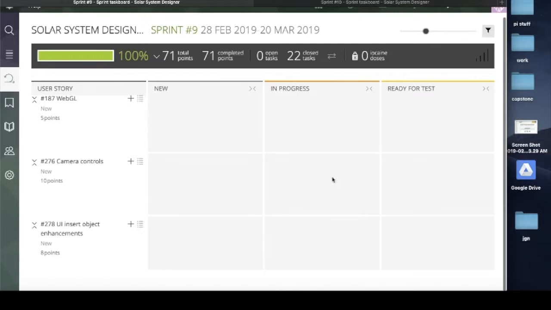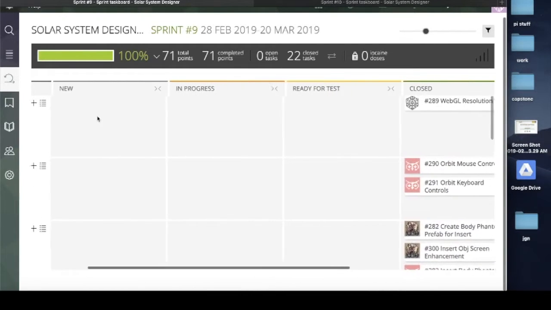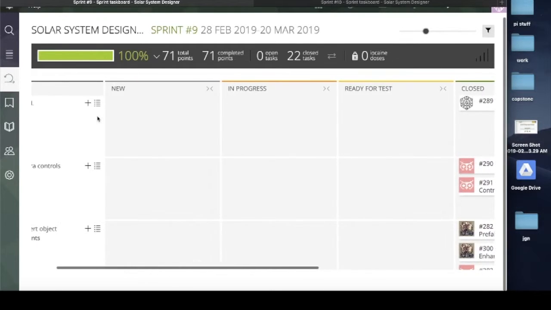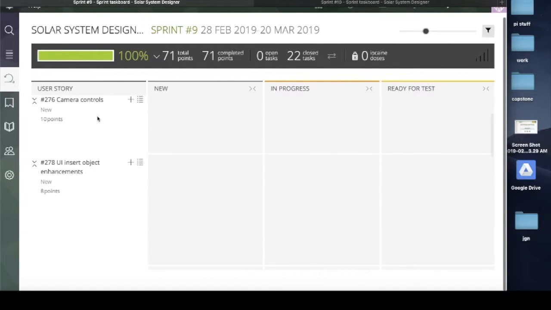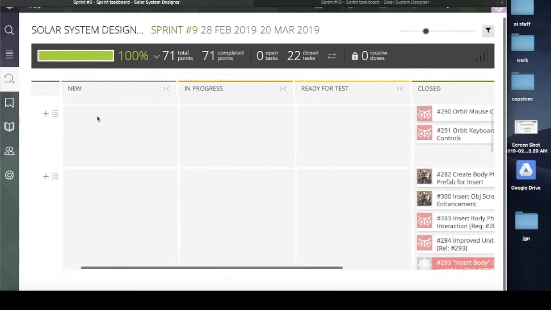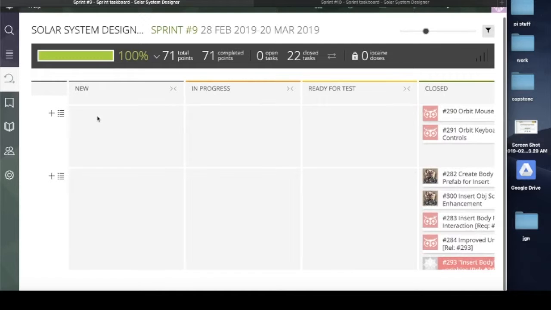WebGL, basically when we build our project and move it over to the CAPI interface, our planets were kind of blurry. The scaling was off, so we just did some research and found a quick resolution fix for that. Camera controls, the way our camera controls were set up were not very intuitive according to our sponsor, and he wanted more of an orbit around the body. So we implemented functionality that will orbit around a body instead of from left and right and up and down,